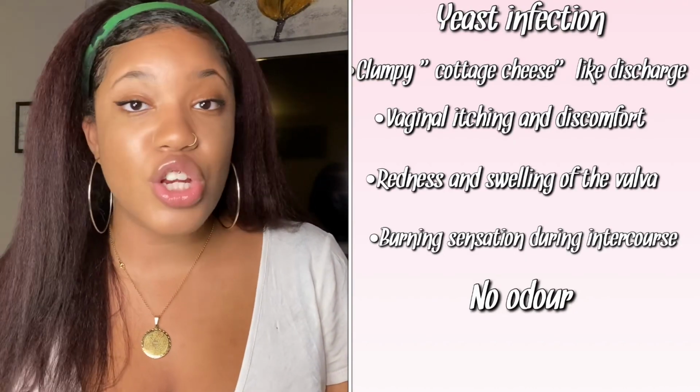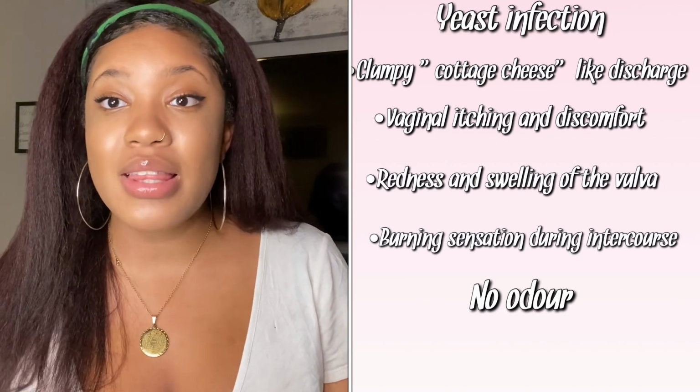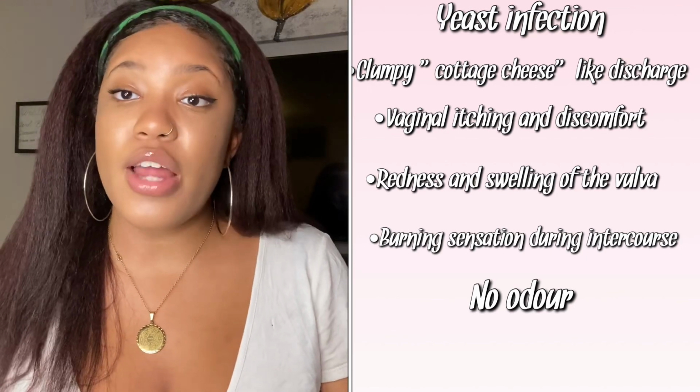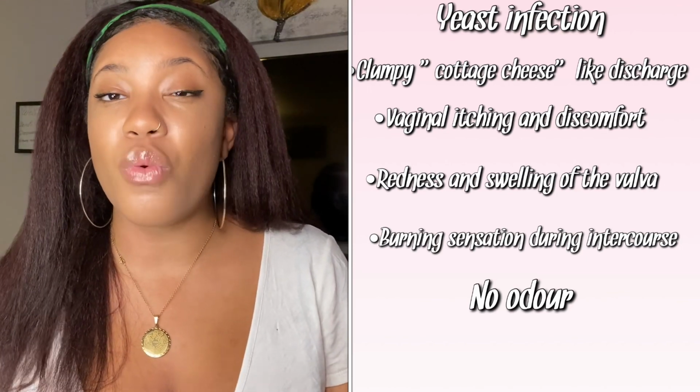Now with a yeast infection, you won't really have an odor. The main things you will notice are the cottage-like discharge with the itching, and you might notice that down there might be a little bit redder or a little bit more swollen than usual. And there are a lot of over-the-counter products that you can get for that. I actually have a whole girl talk playlist down below, so I highly suggest that you click on that playlist later so you can look at my videos explaining the bad habits that cause yeast infections,